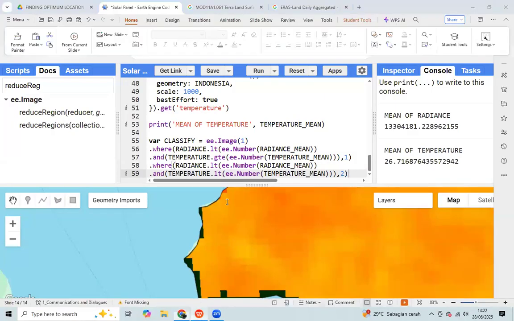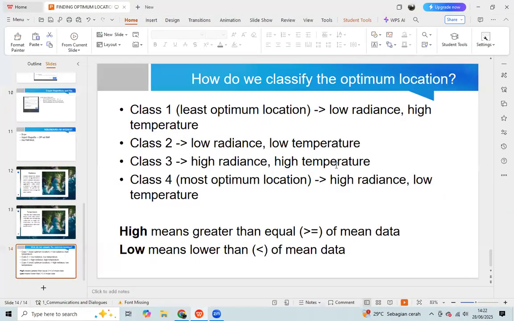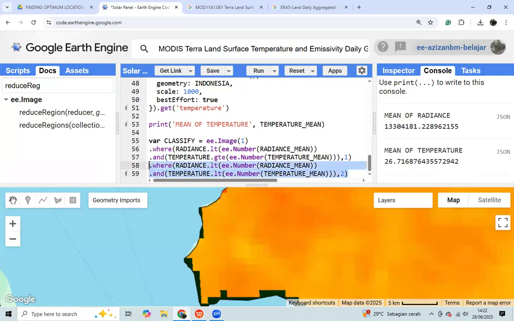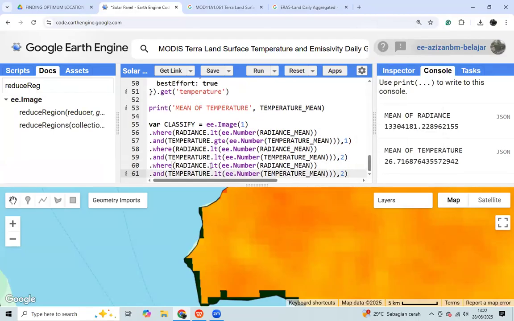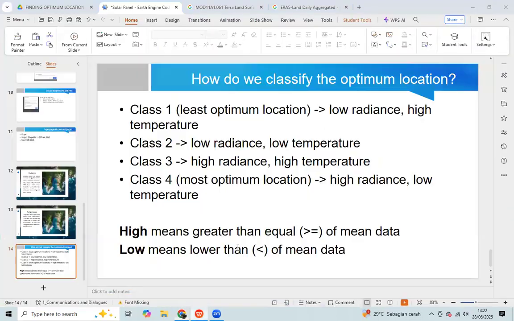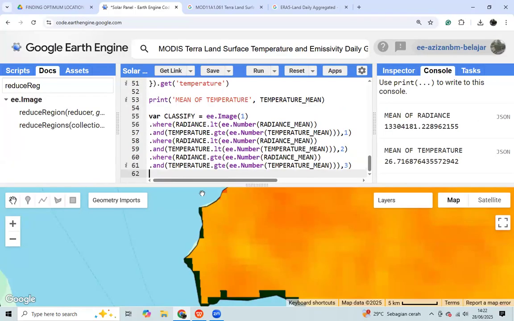For the third class, it has high radiance and high temperature. We change the radiance from less than to greater than or equal. And the most optimal location is the one with high radiance but low temperature.